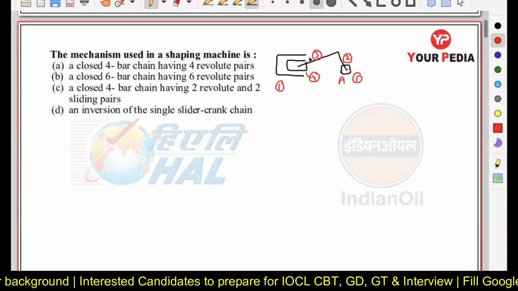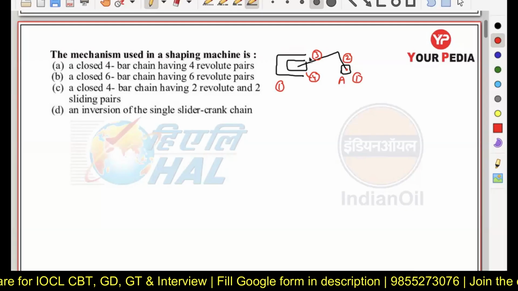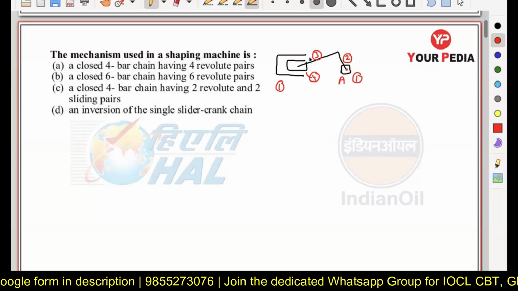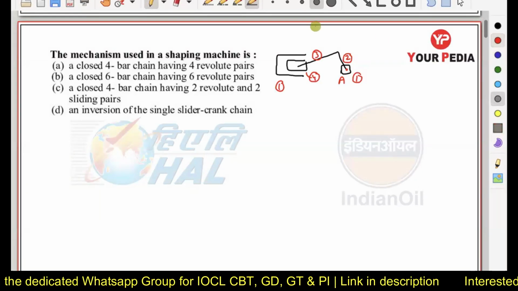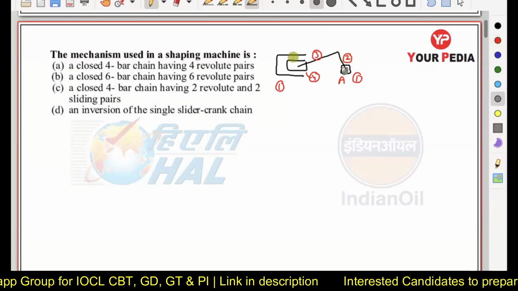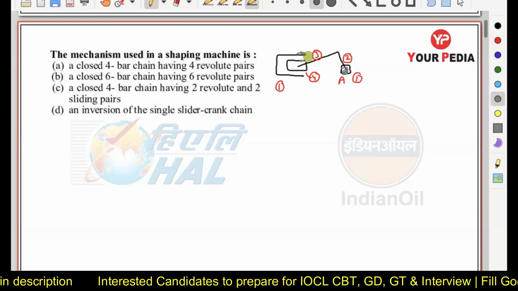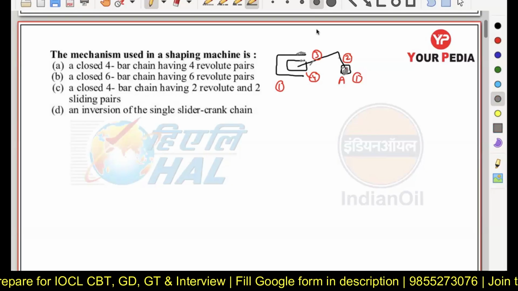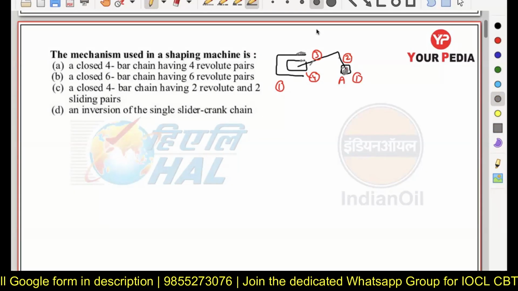Now, next part. What is a mechanism? In this case, you can fix any number of links. Either you can fix link A, or you can fix the cylinder, the piston, the connecting rod, or the crank. You can fix any link out of all of these links,